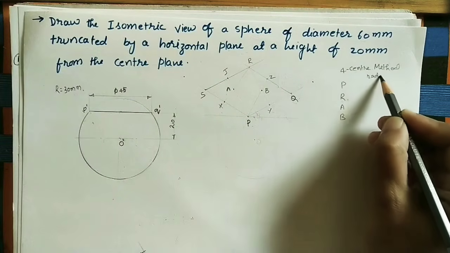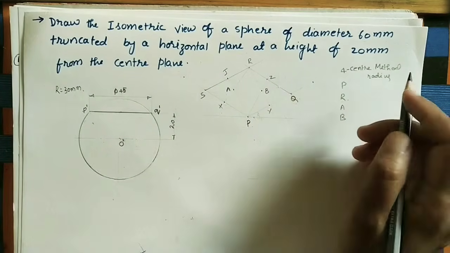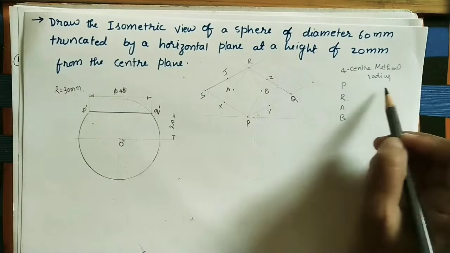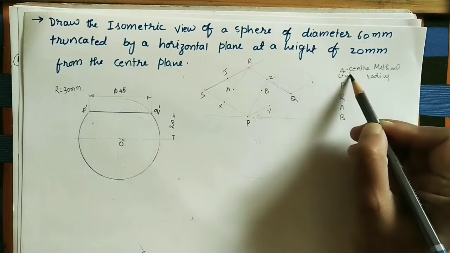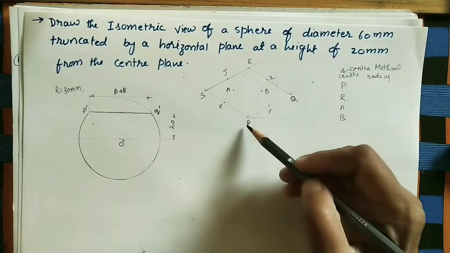Radius is, I will just write here. No need to write the entire thing here. You do the diagram, that's all in the sheet. For explaining it I am doing here. These are the centers. P is the center, PZ or PJ, both are the same length.